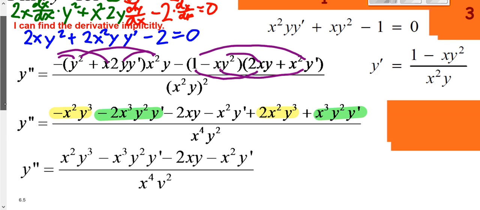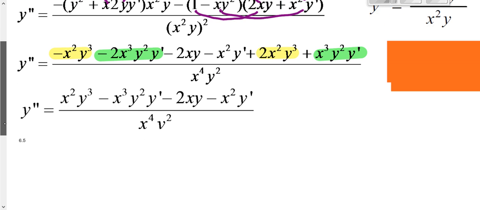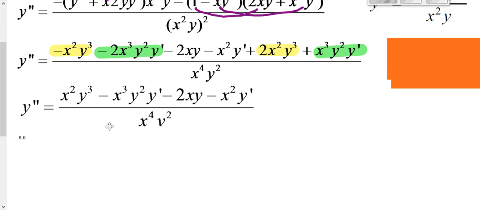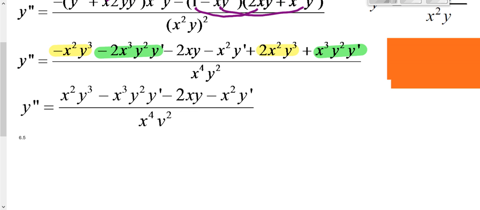Now we need to still get this where y prime is on one side, or not y prime, but where there is no y prime in here. So I think at this point I'm going to go ahead and take an x out of everything, thinking that might make it simpler. So you'll notice there's an x in everything on top and on the bottom. So I'll have an x